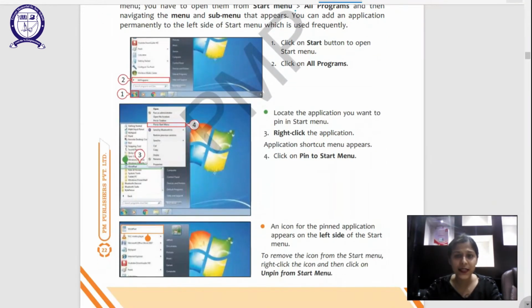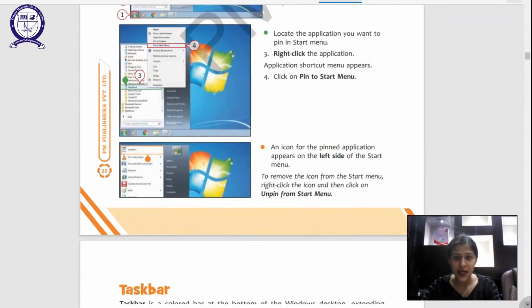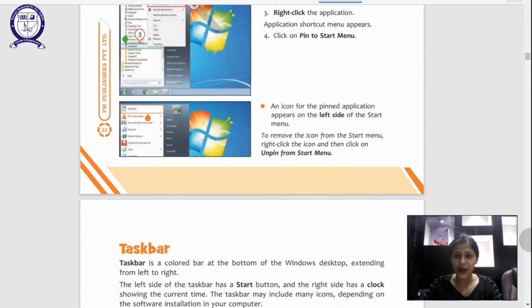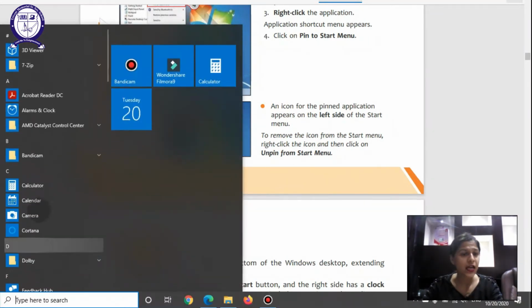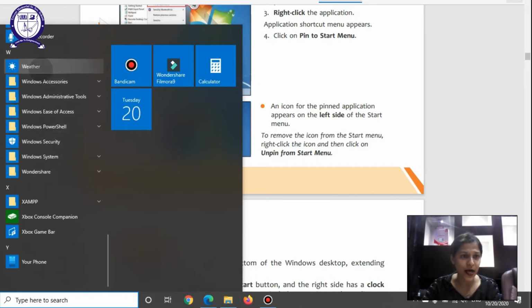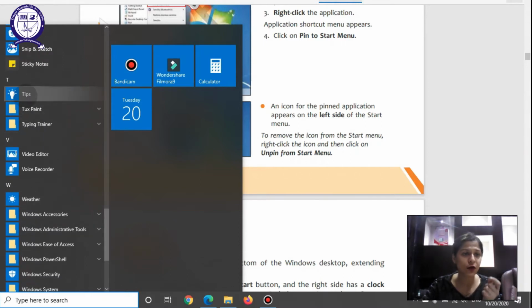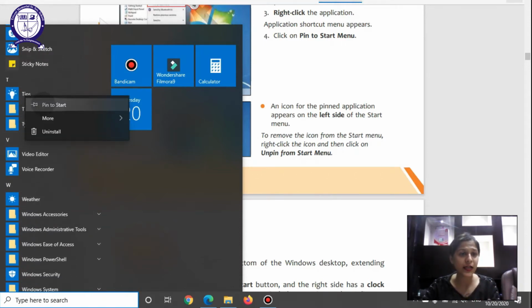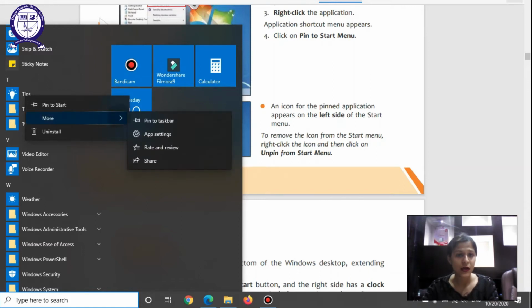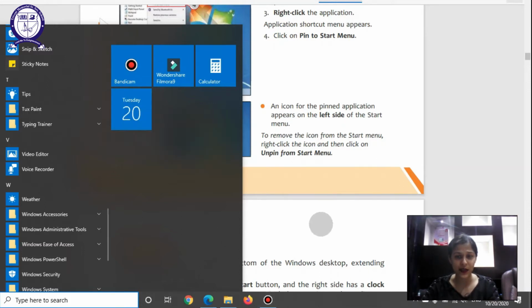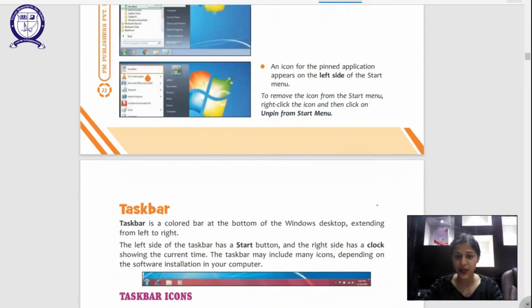Now let's see what else we have in the start menu settings. Right, taskbar. Okay, so that's pretty much about it: if you click on start, and if you have any application on your mind which you use all the time and you would like to pin it up for quick access, you would just right click upon it and then pin to start. You can also pin to taskbar, which is this one. Let's see that in the text right here.